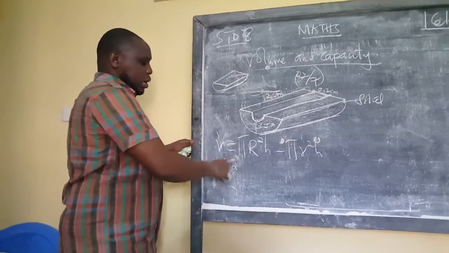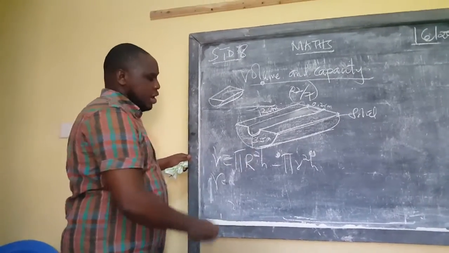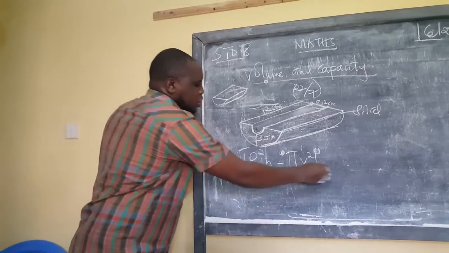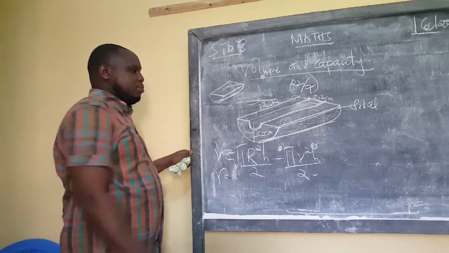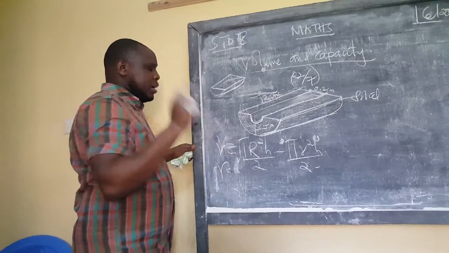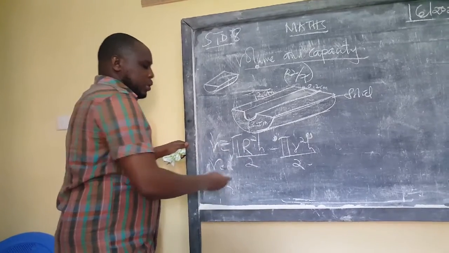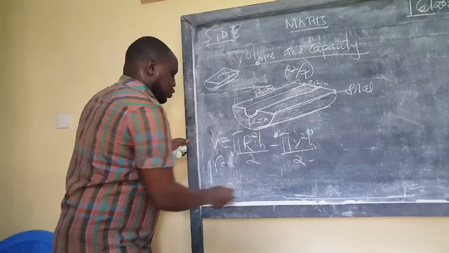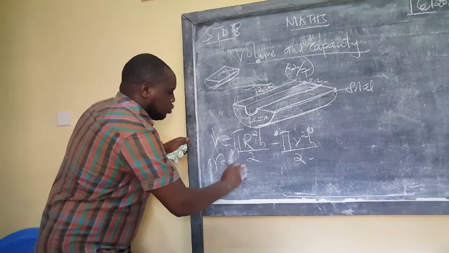Pi, and now look here, learner. This is half, so we are going to divide both by 2, just like that, because this is half of a cylinder. When you write pi R squared, it is for a full cylinder. So for you to get half of that, you divide by 2. So 22/7